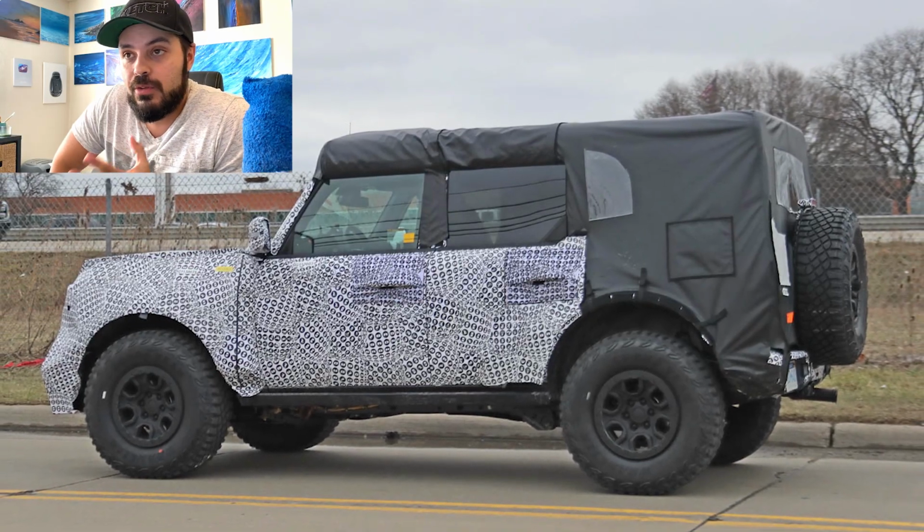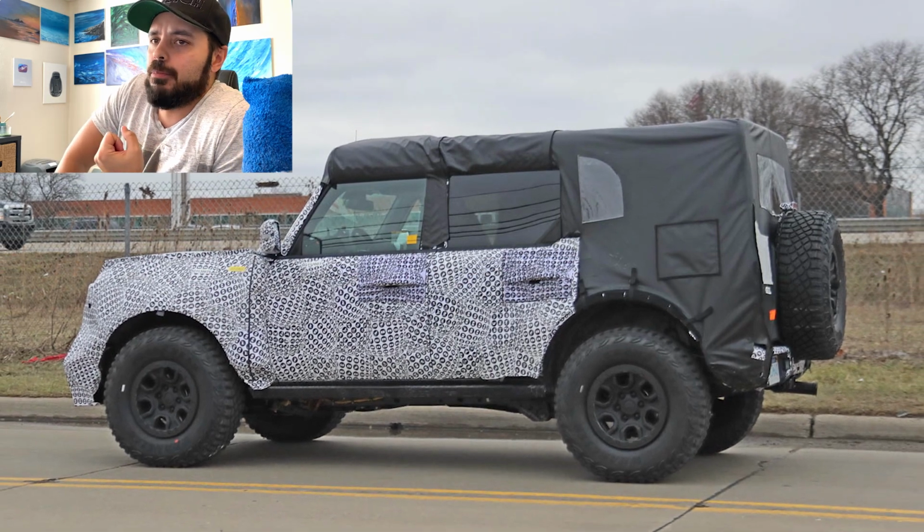It's TheSketchMonkey here. Now, I don't know how many years it's been since Ford announced that they will in fact revive the Bronco nameplate with a brand new Ford 2021 model Bronco. While the hype is real, a lot of fans are starting to lose their patience and frankly get a little bit pissed off. There isn't even an official reveal date yet. All we know is it's going to be revealed in the spring of 2020,